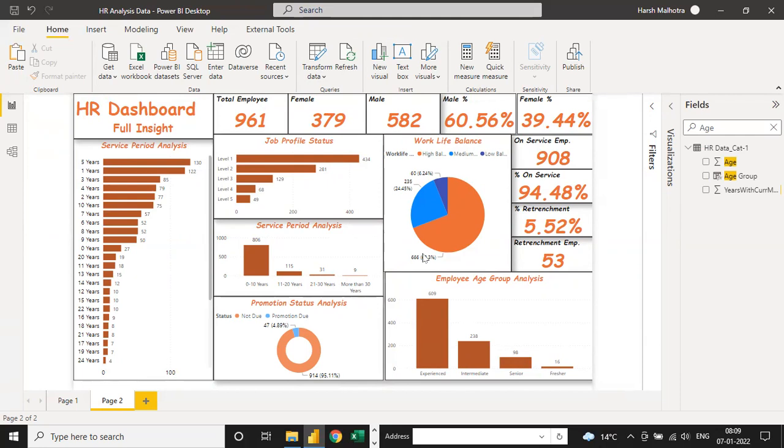Okay, so now I am moving into new. Employee age is done. So guys, see how to make your new dashboard, how to make your new page. Suppose first page is ready, then no need to spend that much time on the second page. Select this. First you have to change the name of the page. This one is home page.